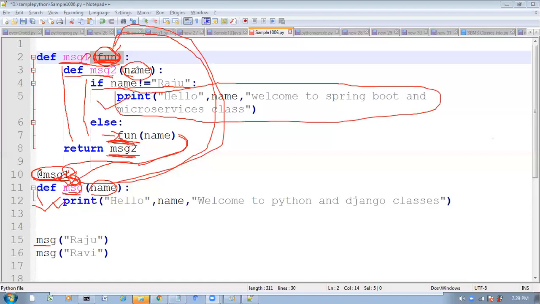Tomorrow we'll do multiple functions. Tomorrow we have to do some arithmetic operations. I want to find out the square. I want to find out the sum. In that case, I want to take multiple arguments. At that time, we can take more than one argument inside the inner function also. Is it clear? We'll do multiple programs on this decorator concept. This is the first program. If you do 2-3 programs, you will get more clarity. Is it clear?